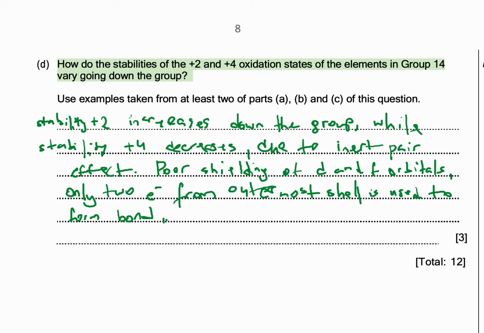Because of this poor shielding of d and f, the ns2 electrons, the 2 electrons in the s orbital, remain and will not form a bond. So that's why +2 increases down the group, while +4 decreases. Okay, so this was question number